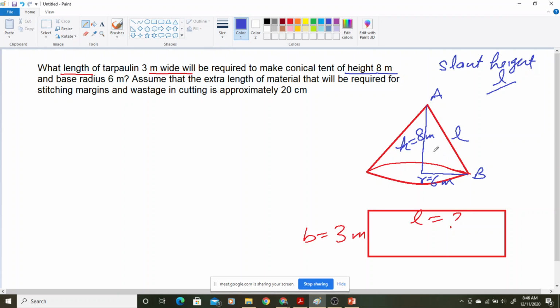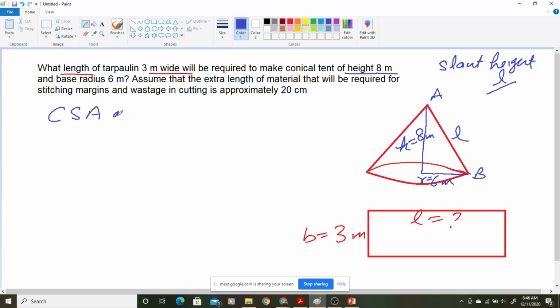The first thing is you are not going to make the base. नहीं बनाना है। ये जो बेस है ना, here you will not use the cloth, this tarpaulin cloth you will not use on the base, क्योंकि जब हम टेंट बनाते हैं ना, कॉनिकल टेंट या कोई भी टेंट, हम उसकी बाउंड्रीज को बनाते हैं। So we should find CSA. Yes, we will be finding CSA, that is the correct thing,